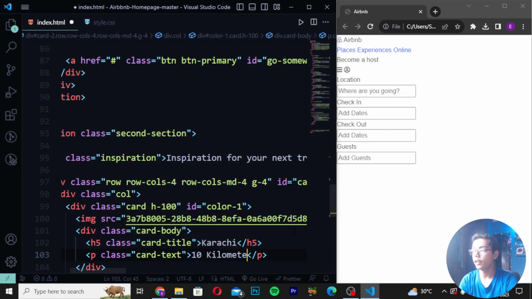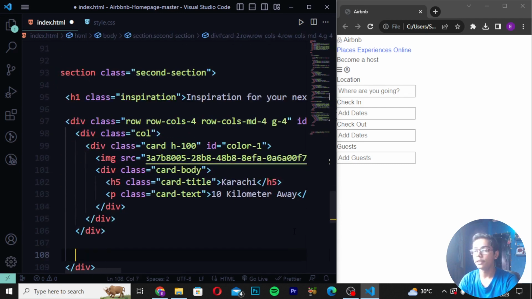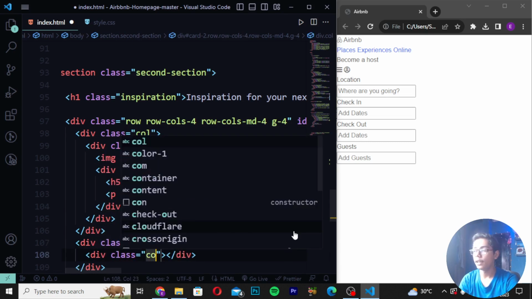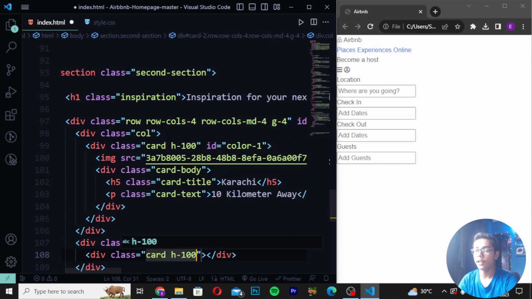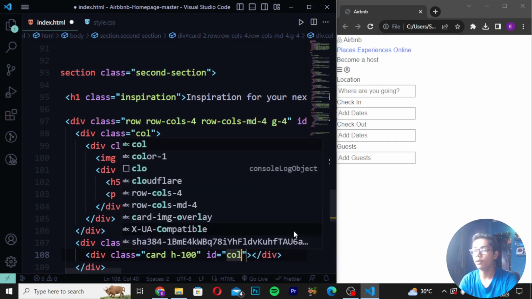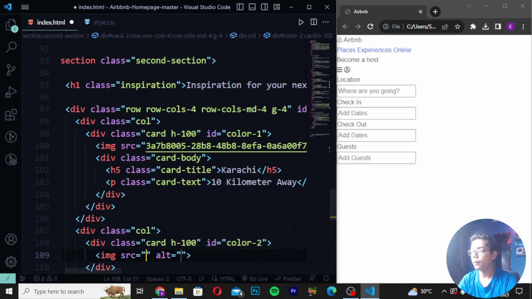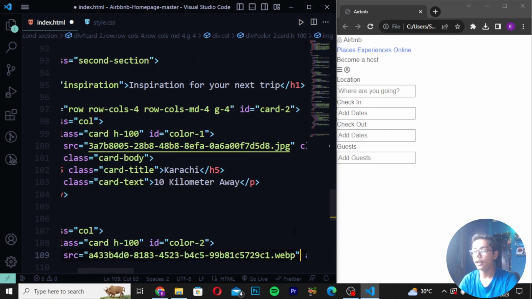So I will be now writing here 10 kilometer away, and move down after 3 divs and create a div class as col, which means column. It is a short form of column. Then here I will be creating a div class again card h-100, which means height 100. Create color 2. Then write image, and here I will be writing a433, and this is the image which